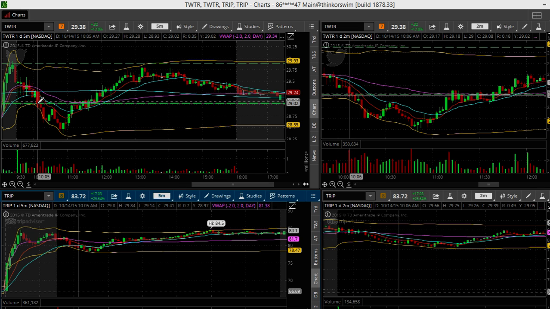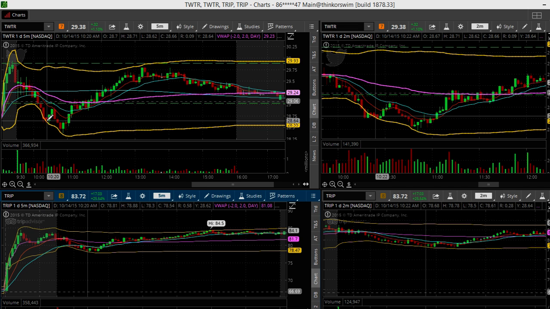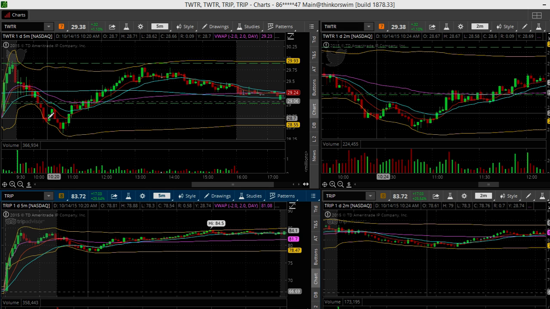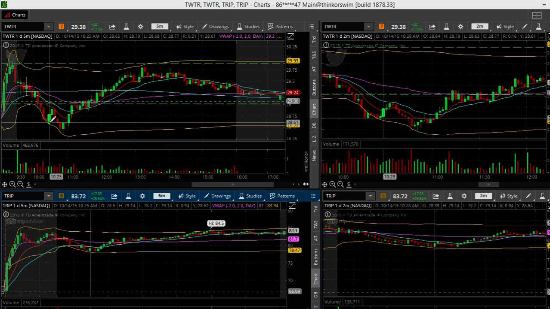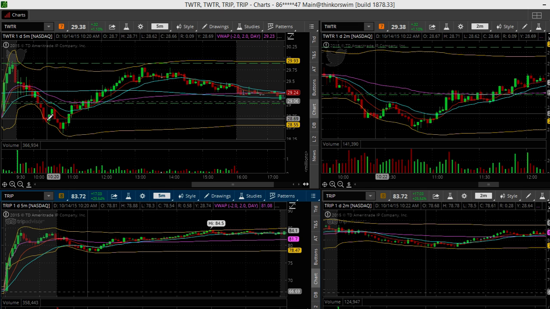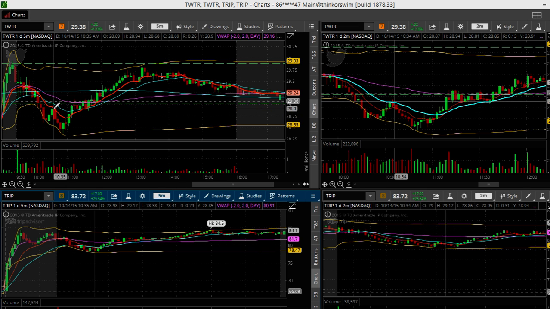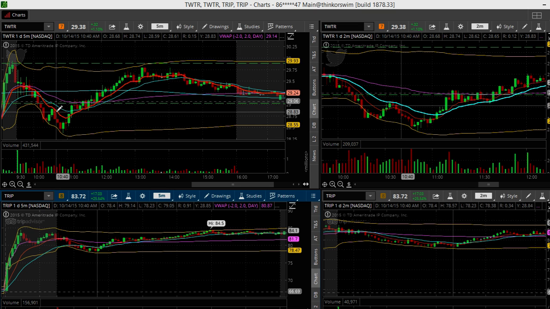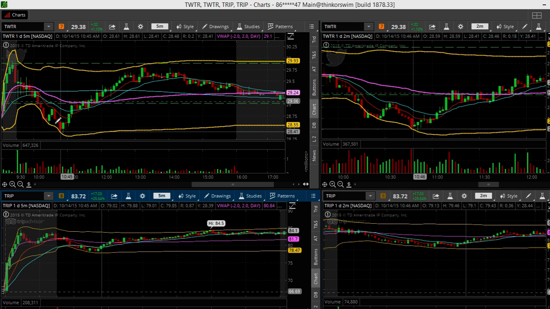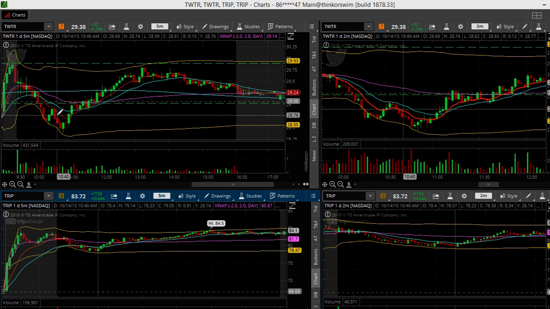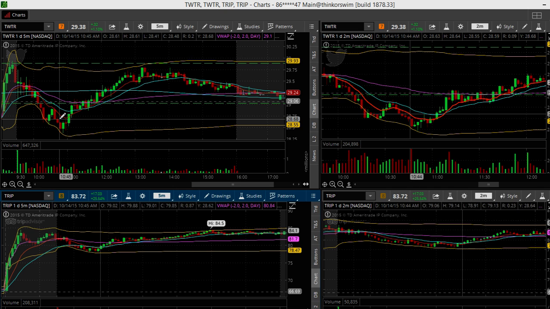I got these crazy candles, and I almost took it off watch, but I started watching it for the bounce. I wondered if it was gonna bounce off of this level again, but it took it out, came down on top of the lower deviation band, and I was saying in chat that it looks like it was getting ready to reverse. I wasn't going to take it here because it wasn't above the 9, and the 9 was still coming down, so I figured it was going to continue to drive it down some more. So I kind of waited.